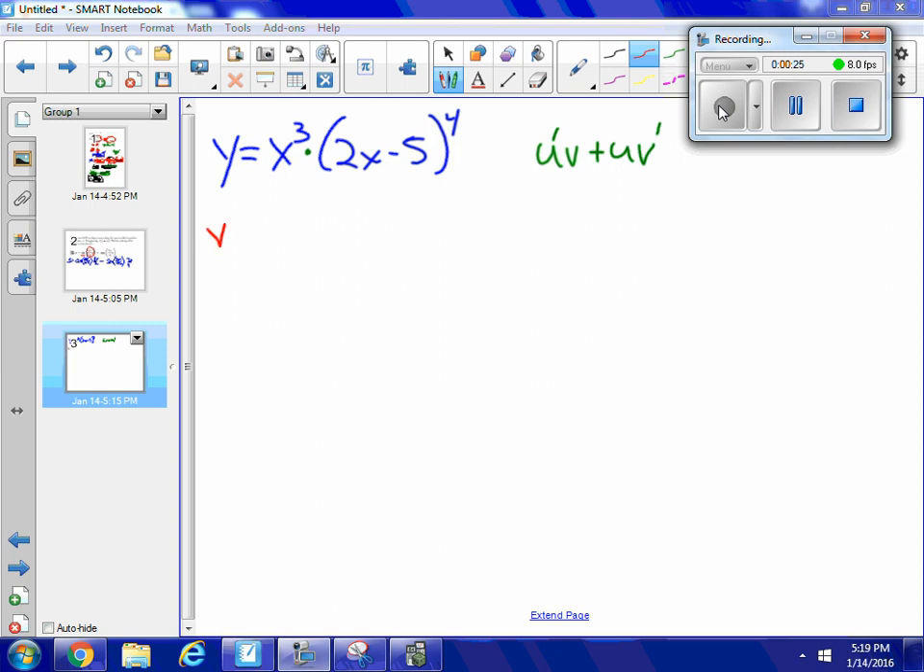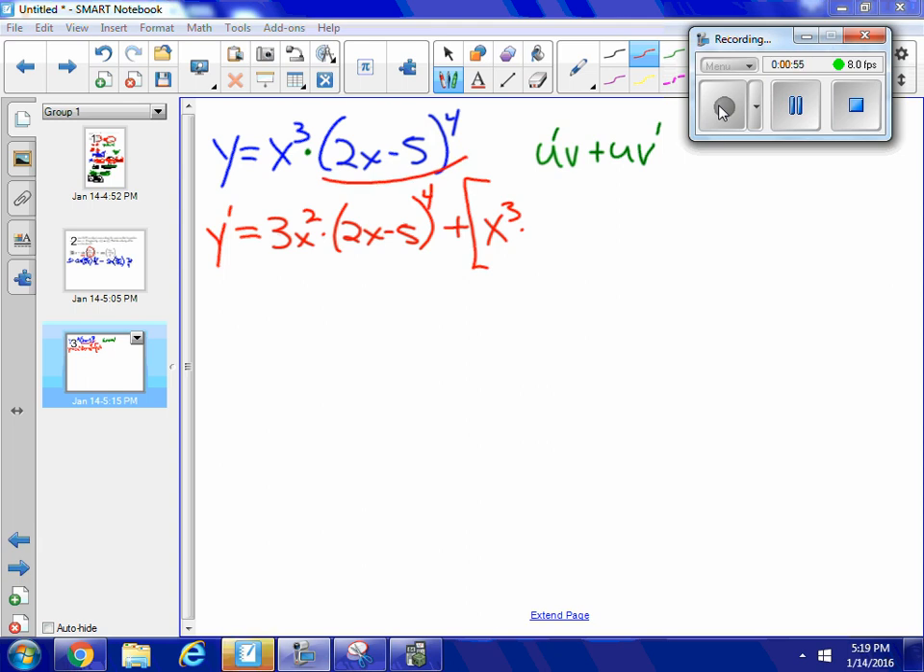So y prime is equal to, well, u prime, which is the derivative of x cubed, 3x squared, times v, (2x minus 5) to the fourth, plus u, which is, let's put a little bracket here just so we know, x cubed times v prime. Well, v